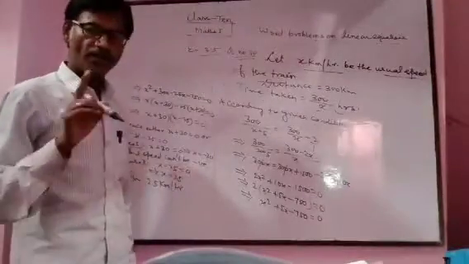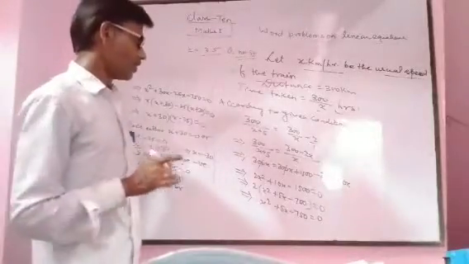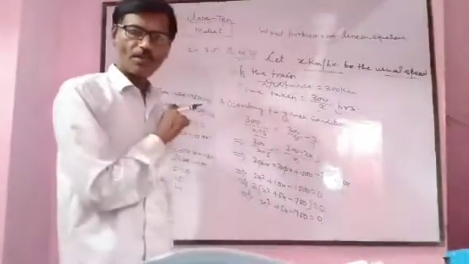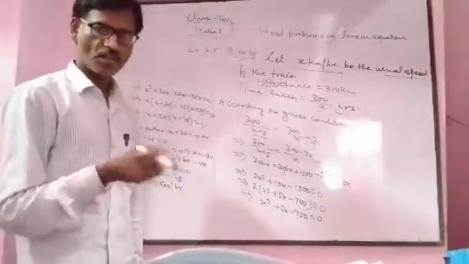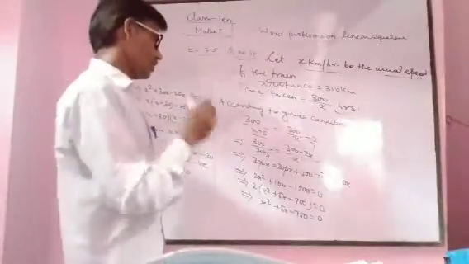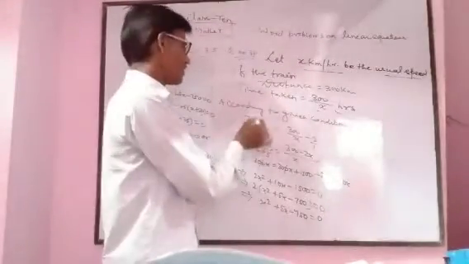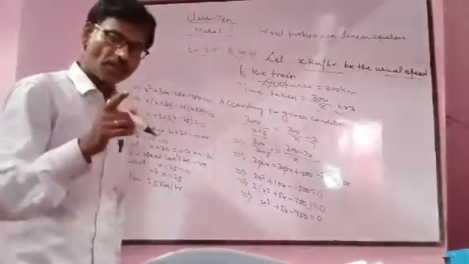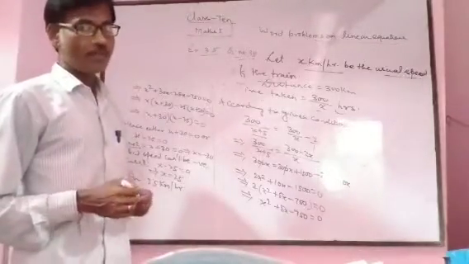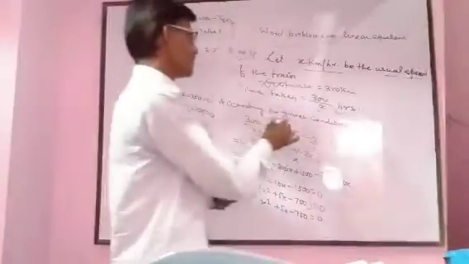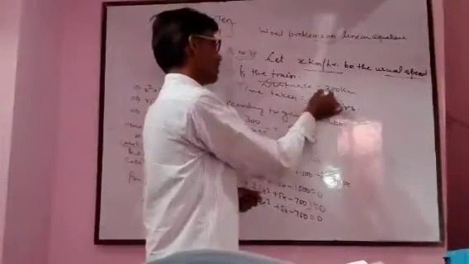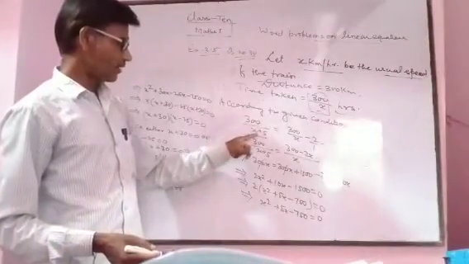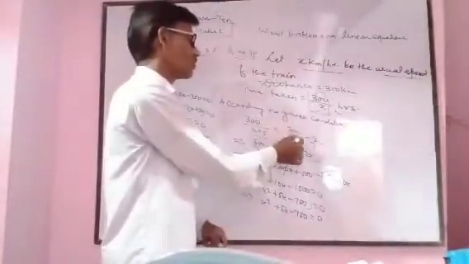Next, we use the condition given in the question. The question says that the speed increases by 5 km per hour. Means now the speed is x plus 5 km per hour. Then what will be the time taken? Time taken will be distance 300 upon speed x plus 5. It is 2 hours less than the time taken by usual speed. The time taken by usual speed is 300 upon x. We subtract 2 from it. Thus we get our equation: 300 upon x plus 5 is equal to 300 upon x minus 2.